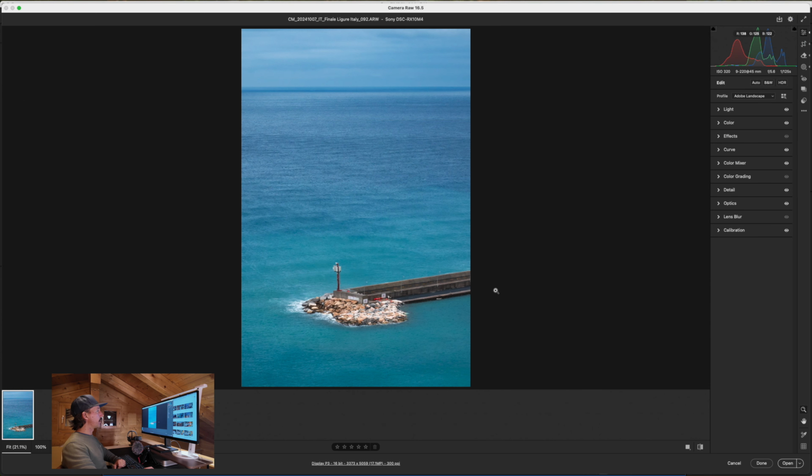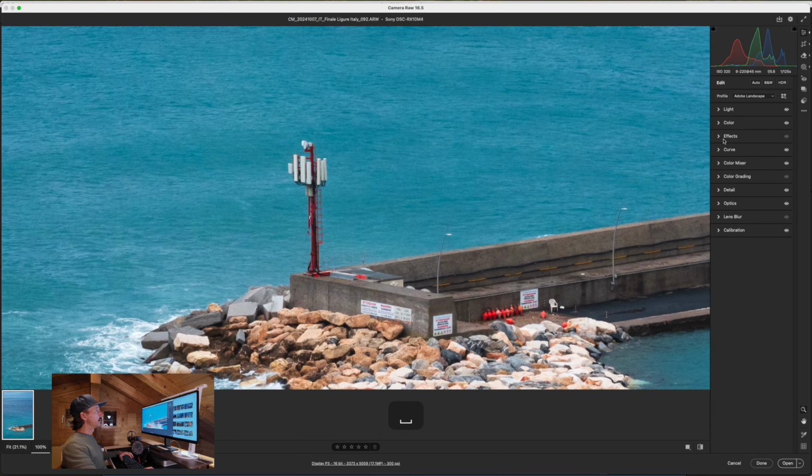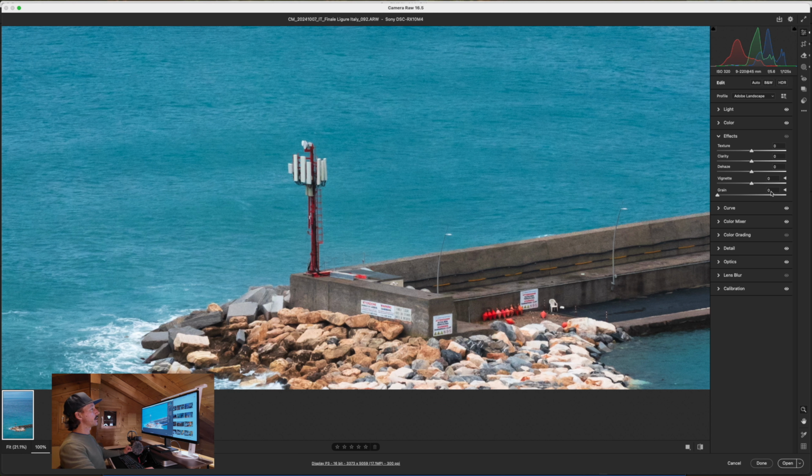And then I mentioned some grain. So let's zoom back into 100% here. I'm going to go to effects and then grain. Sometimes it's not so easy to see, but within Camera Raw you can actually expand some of the smaller sliders within each module as well. So let's pull grain up quite a bit. And you can see here, without grain, we've done noise reduction, we've done sharpening. The image is sharp, but just by adding a bit of grain without doing anything else, it actually gets